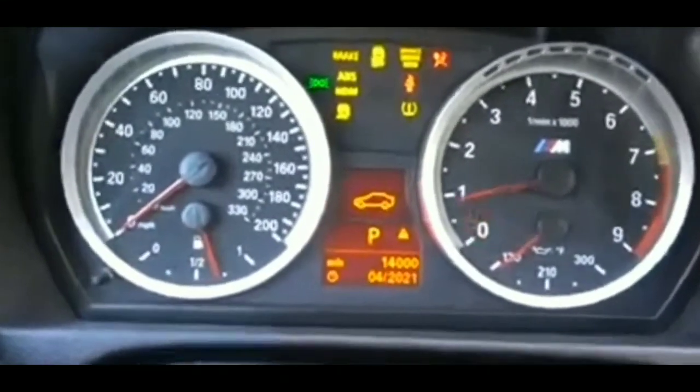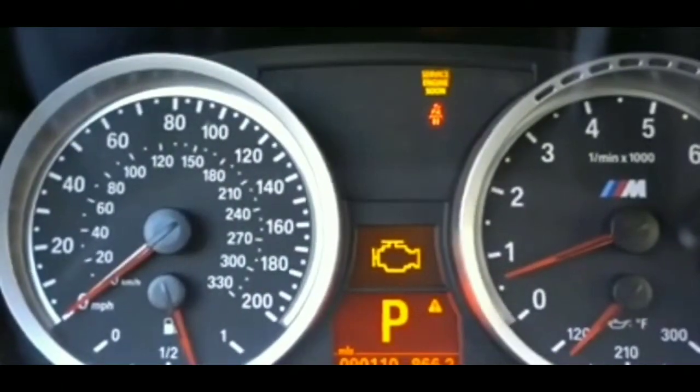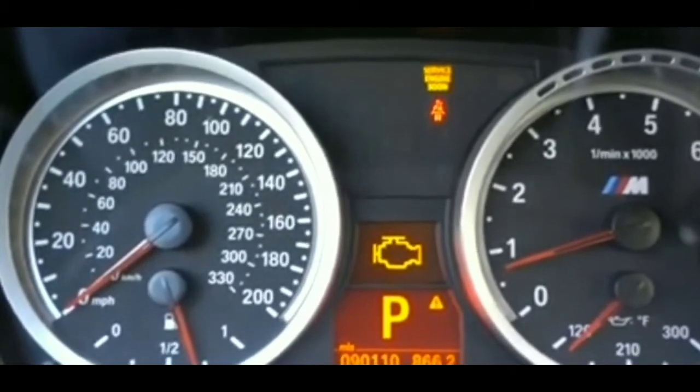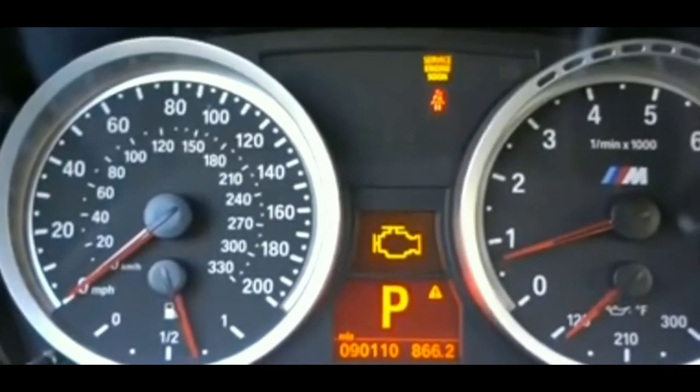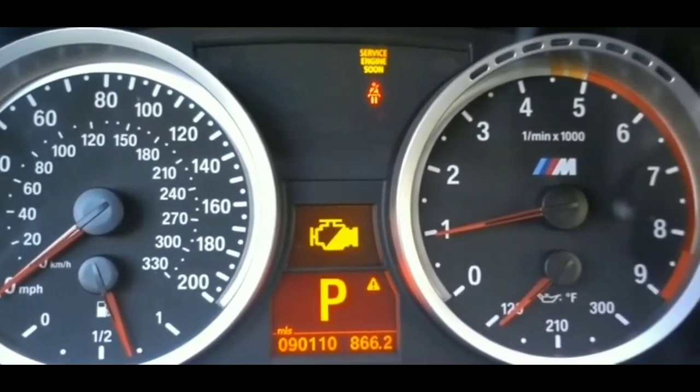So if you guys are looking for a way to simply clear the light off your dash, just try those two things,